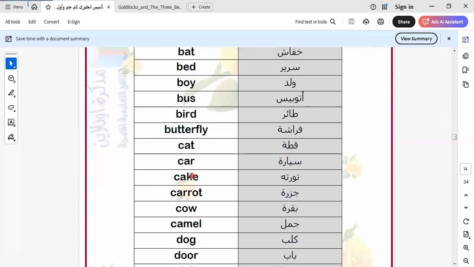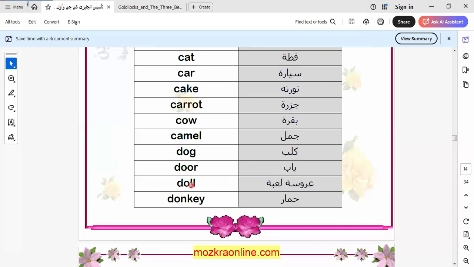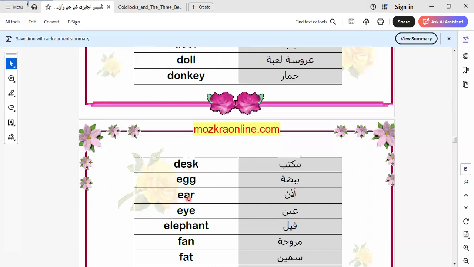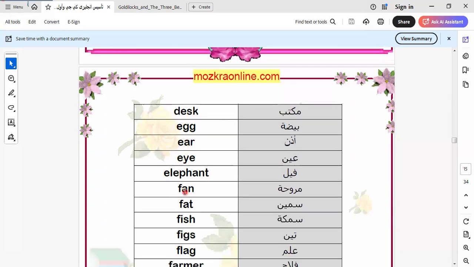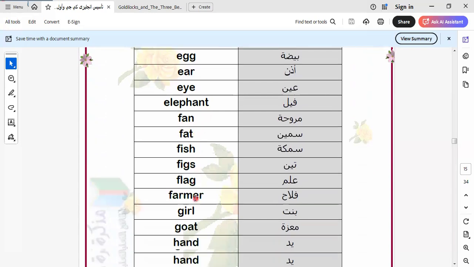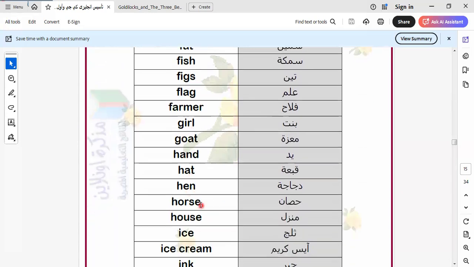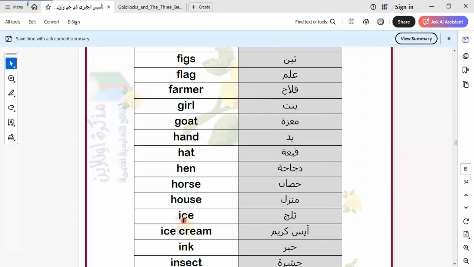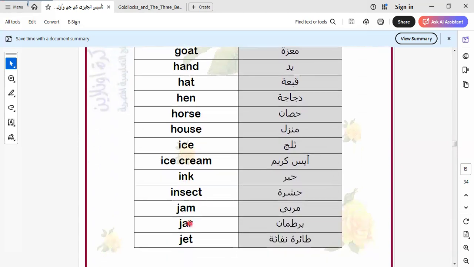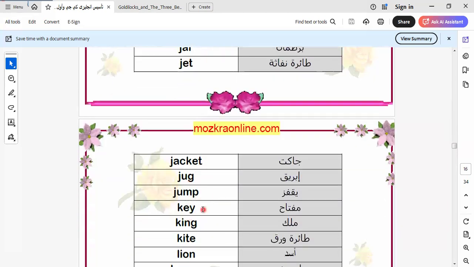cat, car, cake, carrot, cow, camel, dog, door, doll, donkey, desk, egg, ear, eye, elephant, fan, pear, fish, figs, flag, farmer, girl, goat, hand, hat, hen, horse, house, ice and ice cream, ink, insect, jam, jar, and jacket, jump, key,